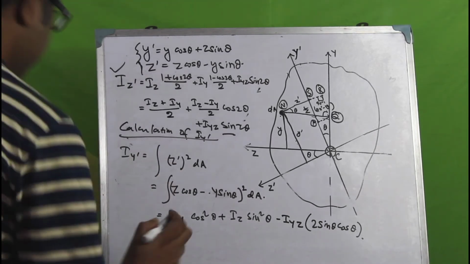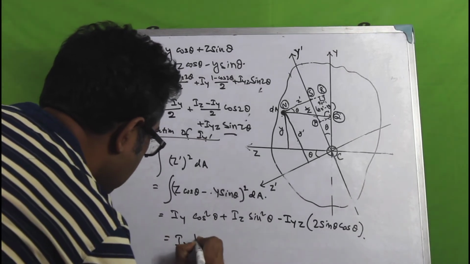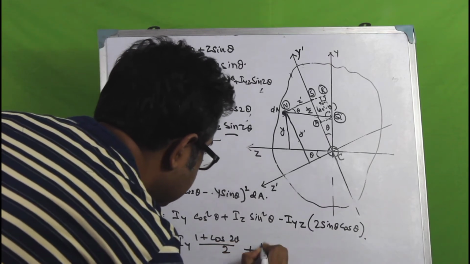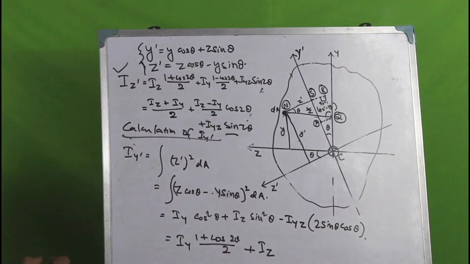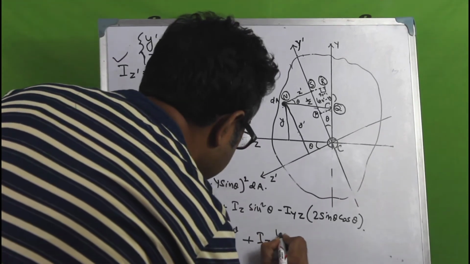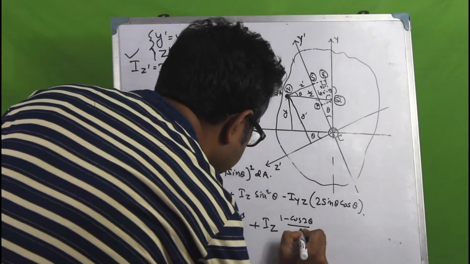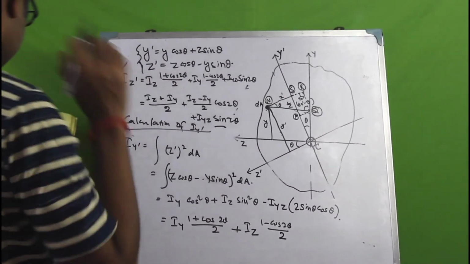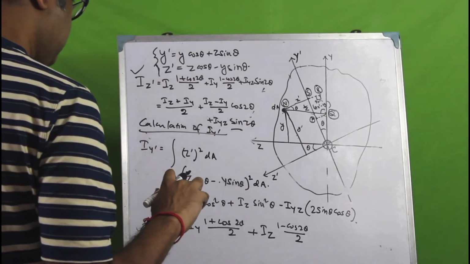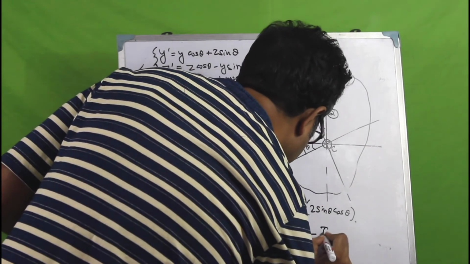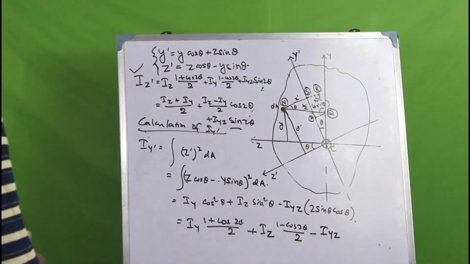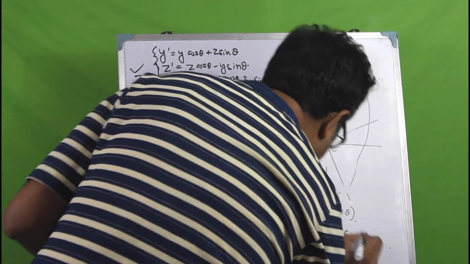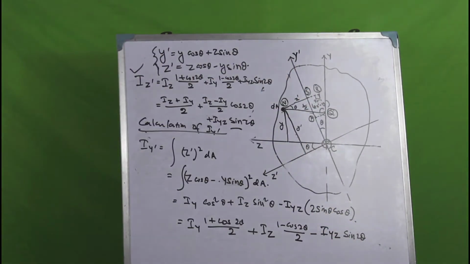And so cos squared theta again comes as (1 plus cos 2 theta) by 2, and Iz sin squared theta would come as (1 minus cos 2 theta) by 2, and finally we have minus Iyz sin 2 theta, and rearranging the terms, what we'll get is